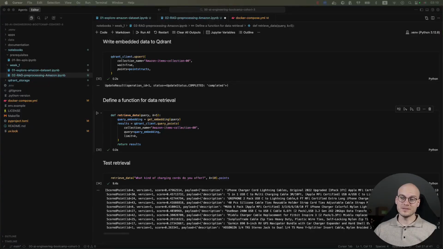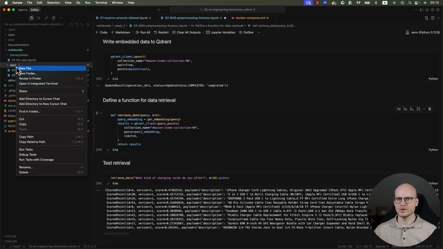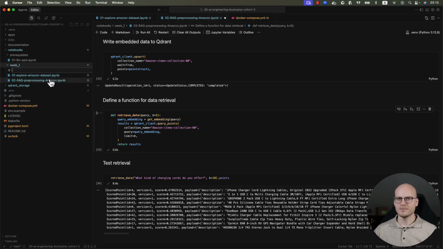Hi, in this video we are going to take the data that we have just written into our Qdrant database and we are going to implement a very simple RAG pipeline on top of it. So for this initial implementation, before we actually move that into our backend code, I will be creating a new notebook right here. So new file 03